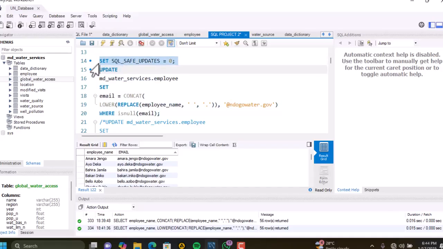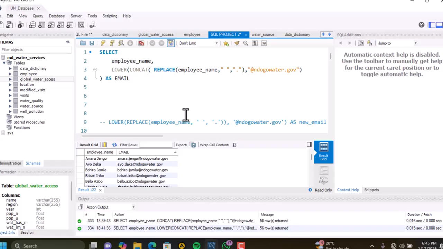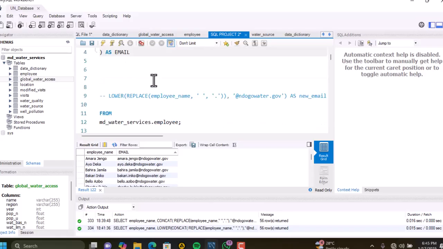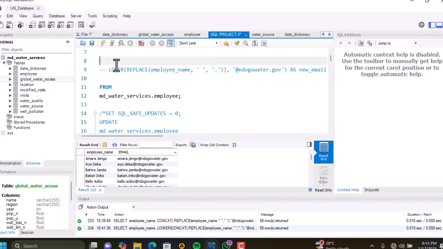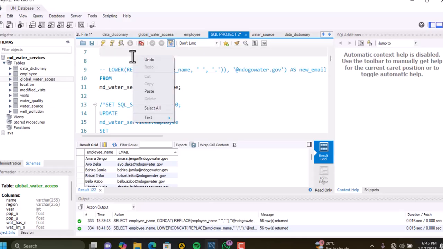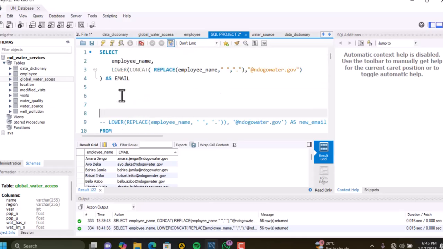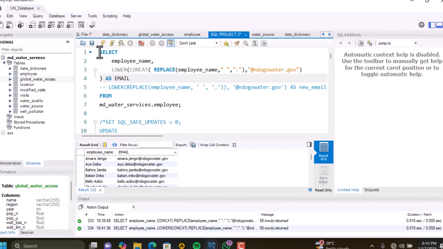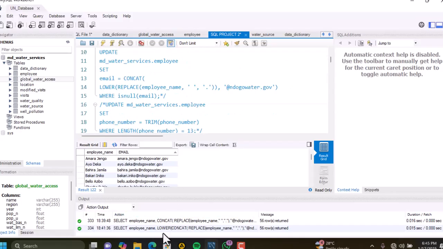So at the end of the day, your table will be altered. If you don't want to change it, you just ignore this particular one, so that you only use the first one that we did. So this first one is not going to affect the table itself. It is just going to show the results. Okay, so it will not affect the main table. So let me also comment that one out and move to the next one. Okay, so the next one